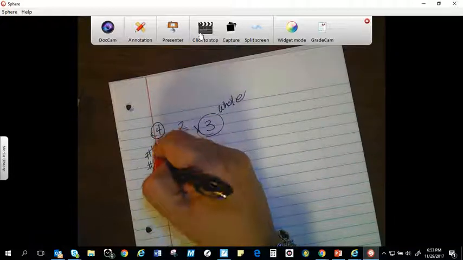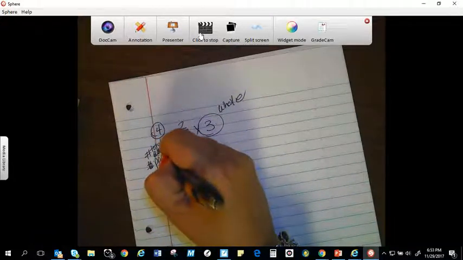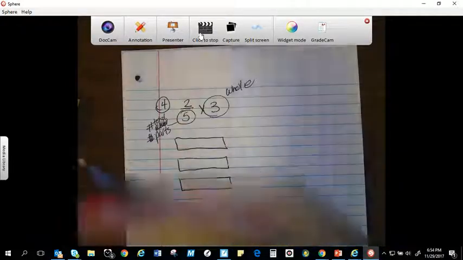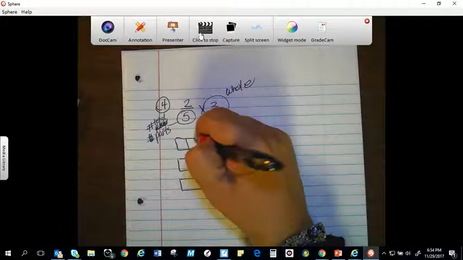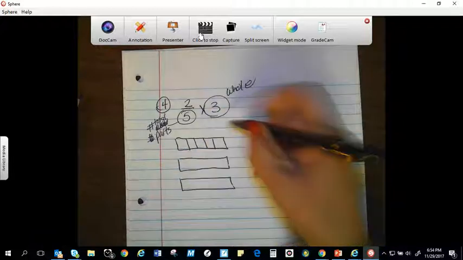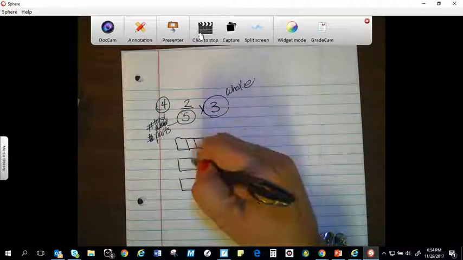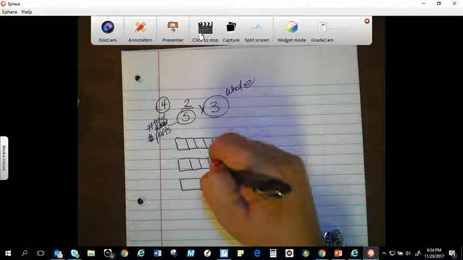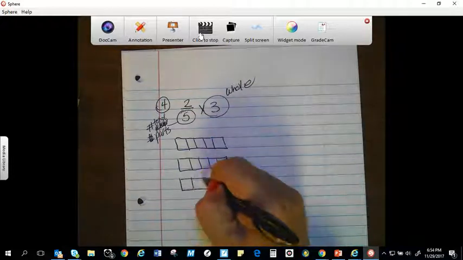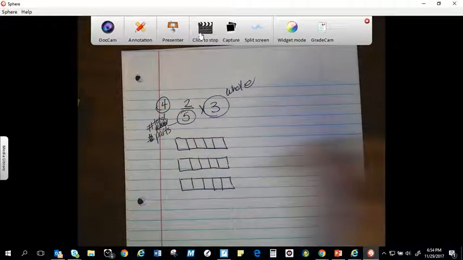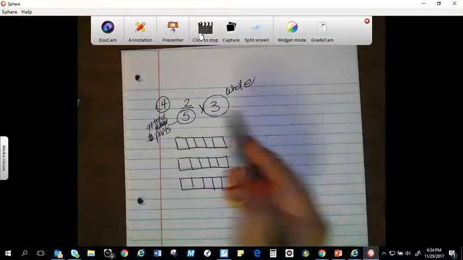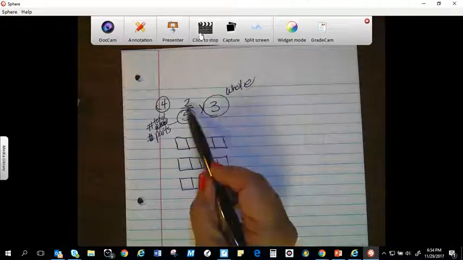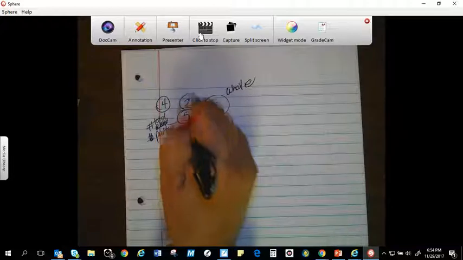Hashtag total parts is what it should be. I'm learning all this new jive stuff, new language. So I have 1, 2, 3, 4, 5. Okay. All right. Now it says that for each whole, I'm going to shade in 2/5, because my numerator tells me